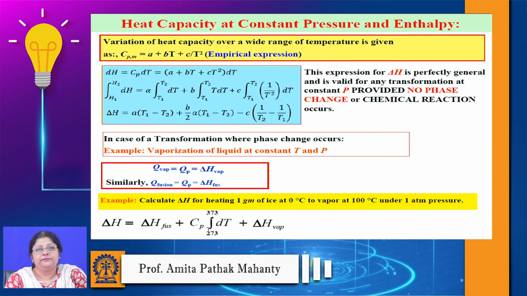because delta H is Cp dT, right? But when you have a phase transition, at that time you do not write Cp dT. At that time you write only the enthalpy change for that process, because it is happening at a constant temperature and pressure. So you have delta H fusion plus the temperature range in which the liquid is heated from 273 to 373, plus the vaporization. If you add all of these up,